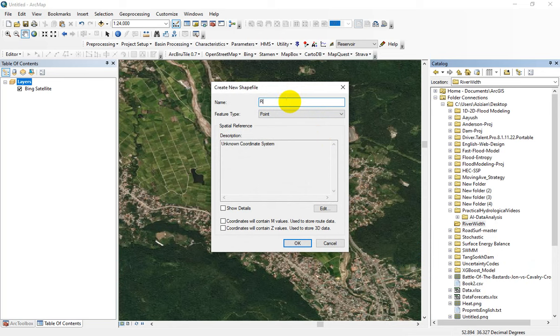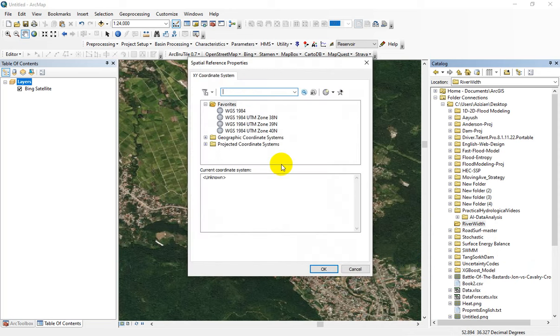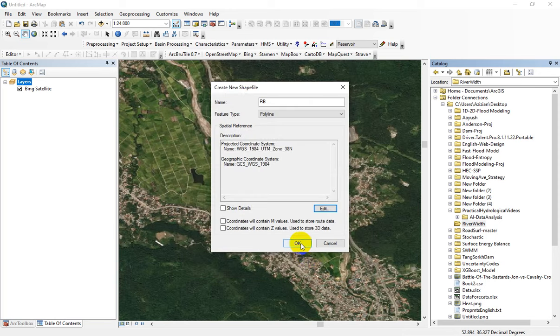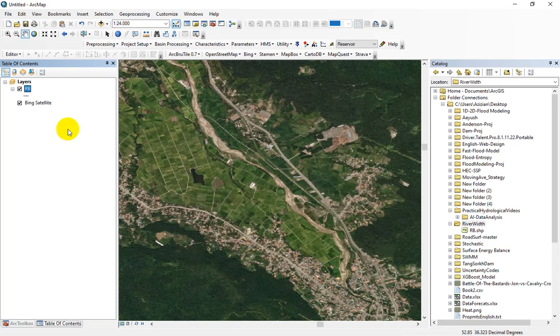Let me start with right bank with the name of RB. Select the feature type as polyline and select the related spatial references. Because I'm going to extract the river width for a river reach which is located in the 38 zone based on UTM coordinate system. Select it and press OK. And now I have an empty file